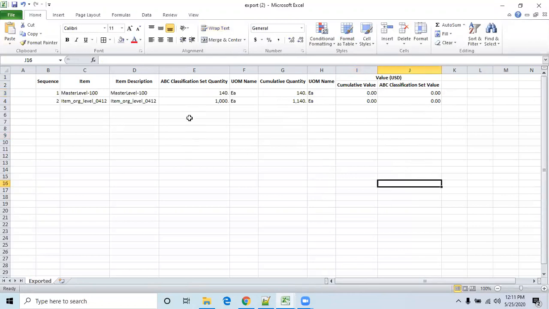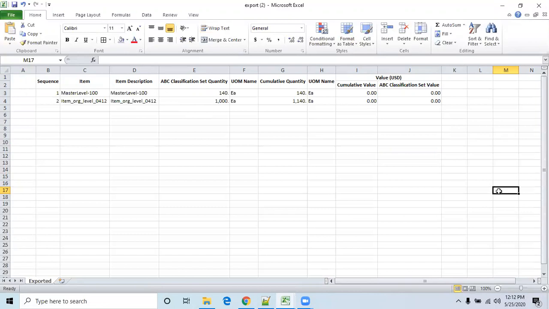Okay. So once you analyze your complete items, based on the value they will classify the items into groups: A group, B group, C group.